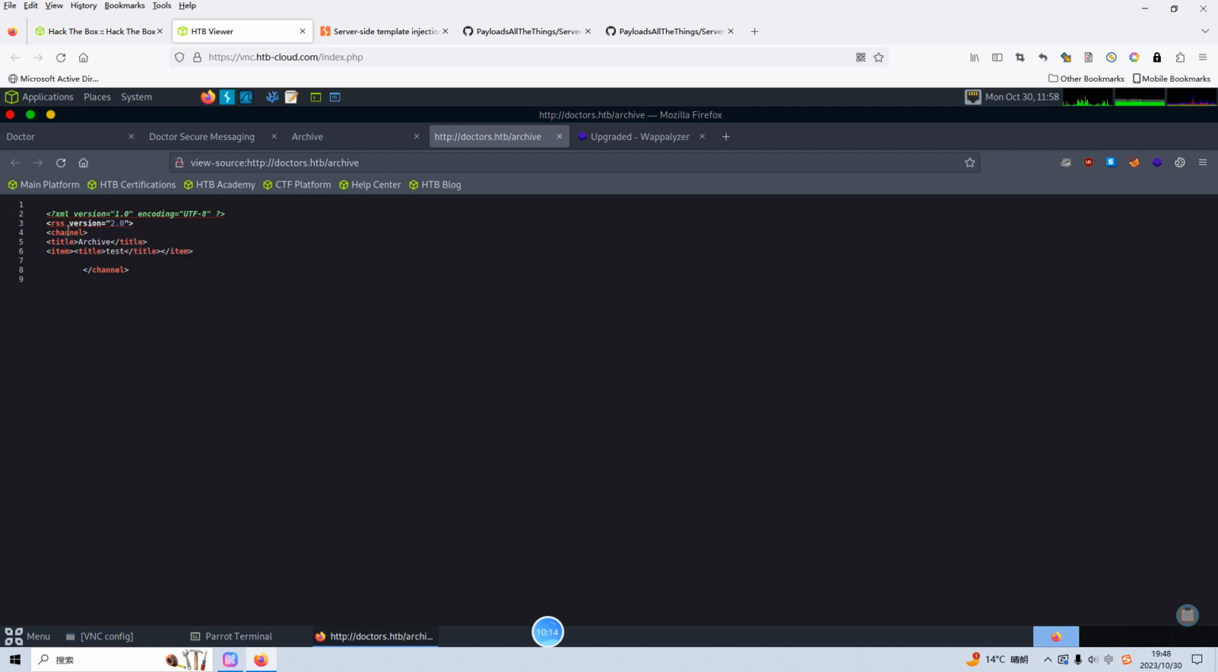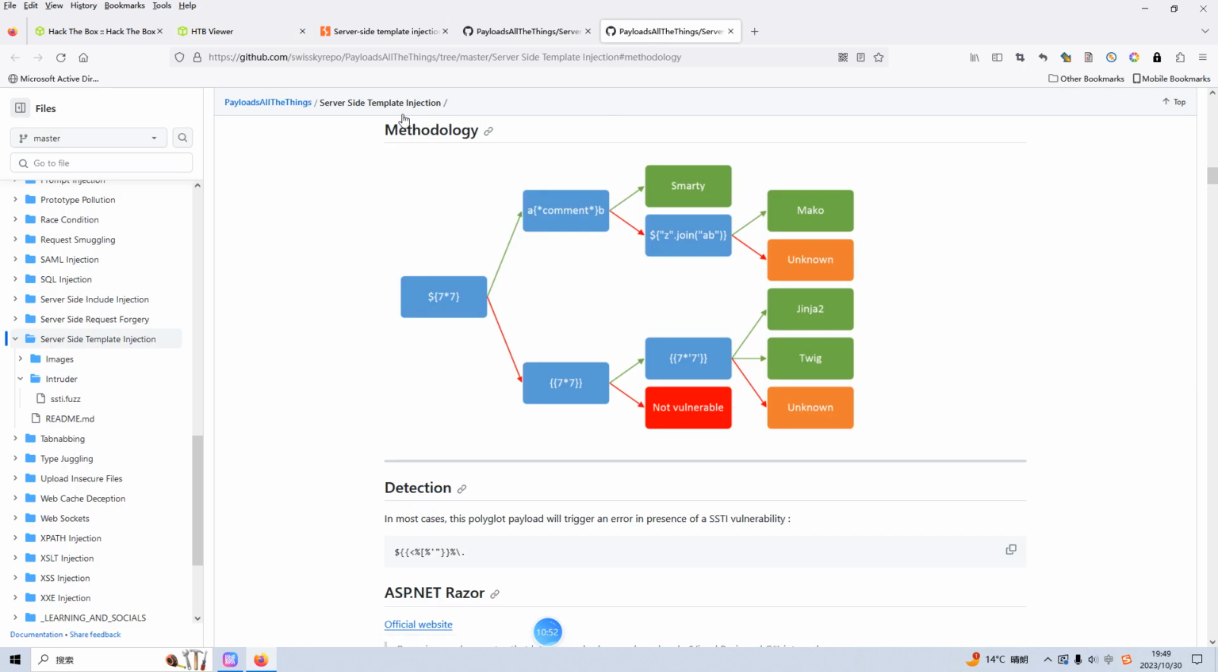I think you are familiar with the XML. This is the DTD, right? And also some elements like a channel, which is the root element, and then the title and item. So maybe the target has an SSTI injection vulnerability, because the target is running on Python. To test this, we need to do some tests. I already opened up this website, PayloadsAllTheThings, and we can check different payloads to test